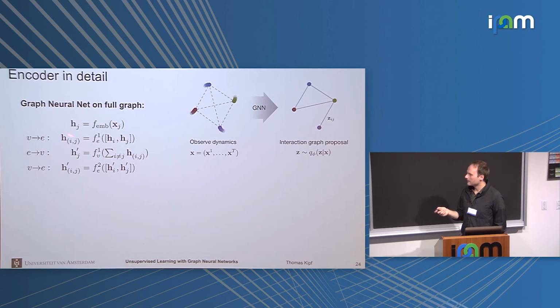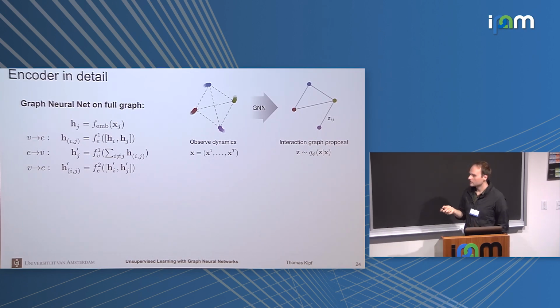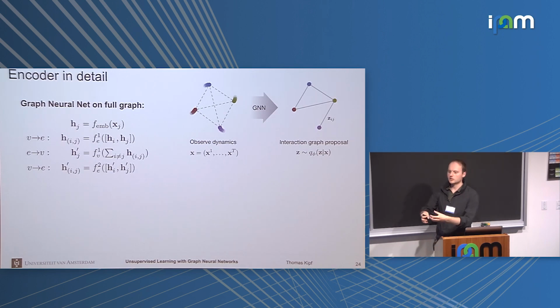Then you have node embeddings which represent the trajectory of a single particle in isolation. You would then like to do some message passing on this graph, so that every single node embedding in the end knows about all the other trajectories and how they all influence each other. We first go to edge space by concatenating node features and feeding them through an edge update function, and then we move back into node space to inform all the nodes about their neighbors.